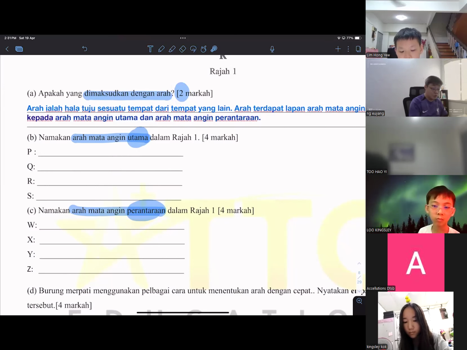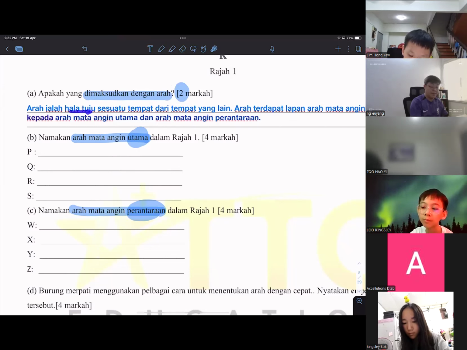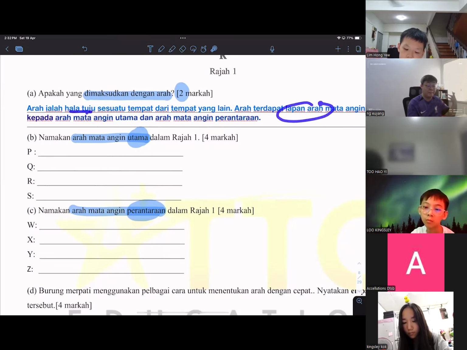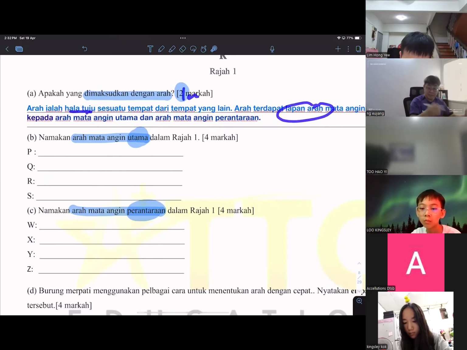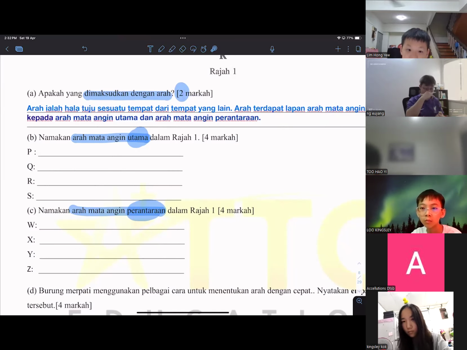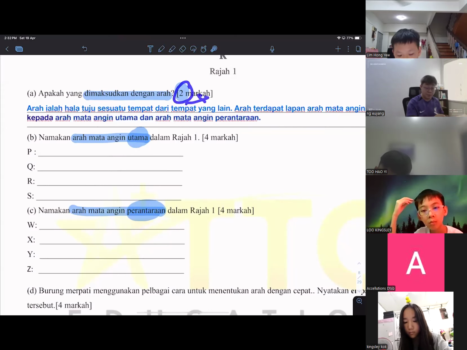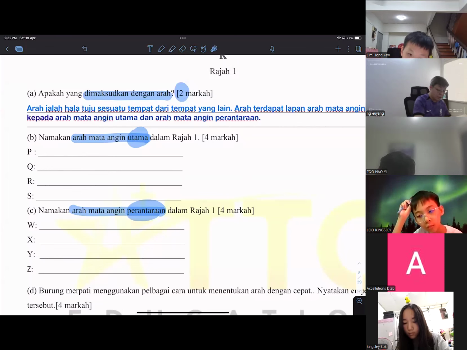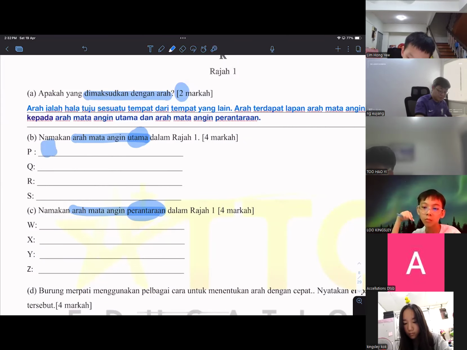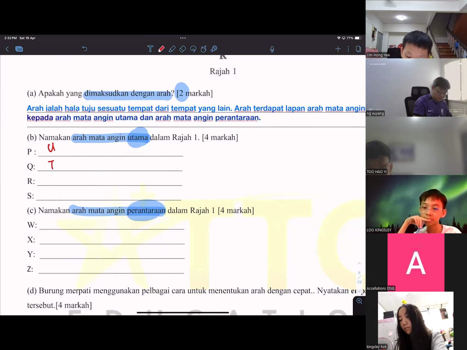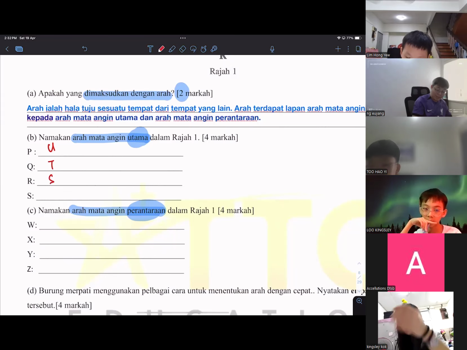So if let's say you only have time to memorize the keyword arah tuju, but if you forgot we have 8 arah mata angin, you try to write down 1 mark, at least you still get the 1 mark here. You are not going to score full marks because you forgot we have 8 arah mata angin. So up to you all, but try to score as many as possible, and try to fit the requirement of the question. Okay, so arah mata angin utama, we have the north, which is utara, and then the east timur, south selatan, and then the west is barat.